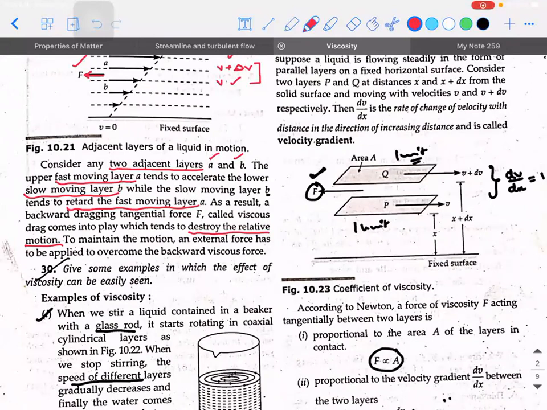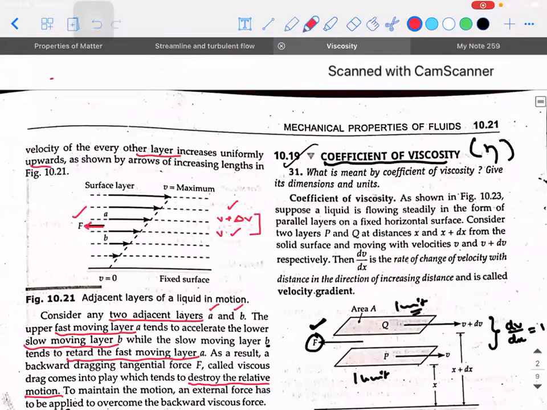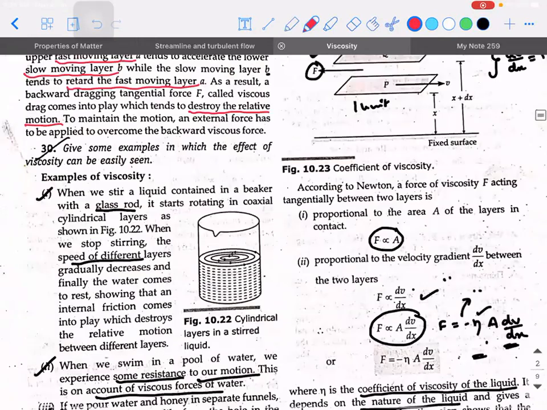For example, when I asked you what is the cause of friction, what was it? Friction takes place in solid surfaces. It is the irregularities of the surface. Whereas in the case of the liquid, we don't talk about irregularities. Rather, we are going to talk about the relative motion existing between the adjacent layers of the liquid. Guys, clear?